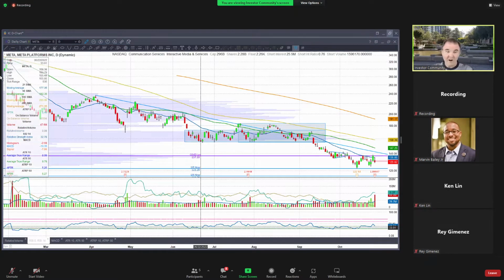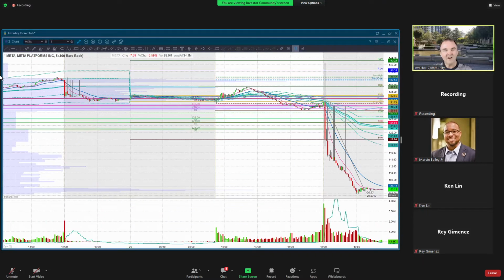Meta. All right. So this is not showing the after hours price action in Meta, but you can see we are very much in a downtrend. Things are pretty nasty. Let's go look at the intraday chart so that we can see what Meta did after hours today. I know this looks messy. The lines are all over the place. Usually these lines just spread out more. It's a little cleaner, but because Meta moved down, this is not, by the way, a logarithmic chart because it's just an intraday chart, right? Because Meta moved down so much after hours, everything up here got compressed.